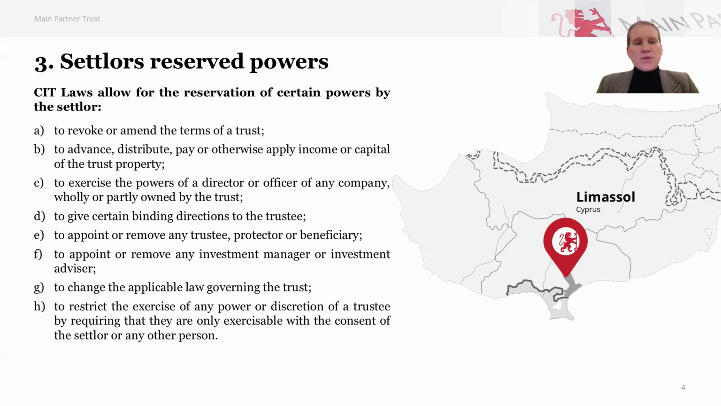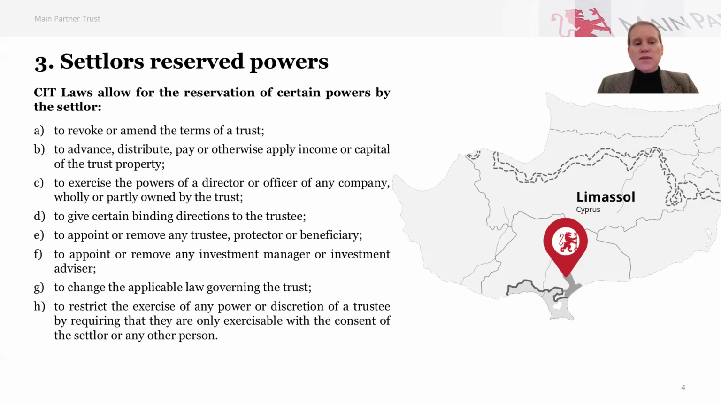Here I would like to discuss with you the settlor's reserved powers. Asset protection is one of the main reasons why settlors want to establish a trust. However, at the same time, many settlors feel uncomfortable and hesitant to dispose of the legal ownership of their assets. For this reason, many modern trust jurisdictions, Cyprus included, try to meet these expectations by offering settlors a possibility to